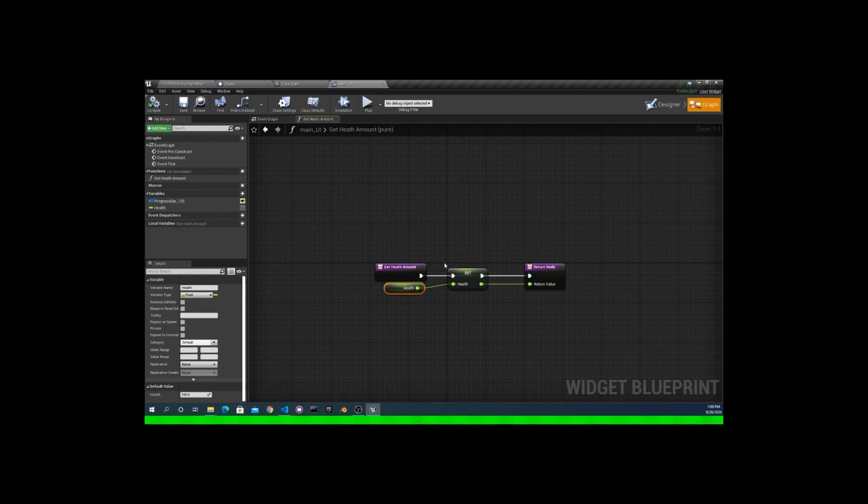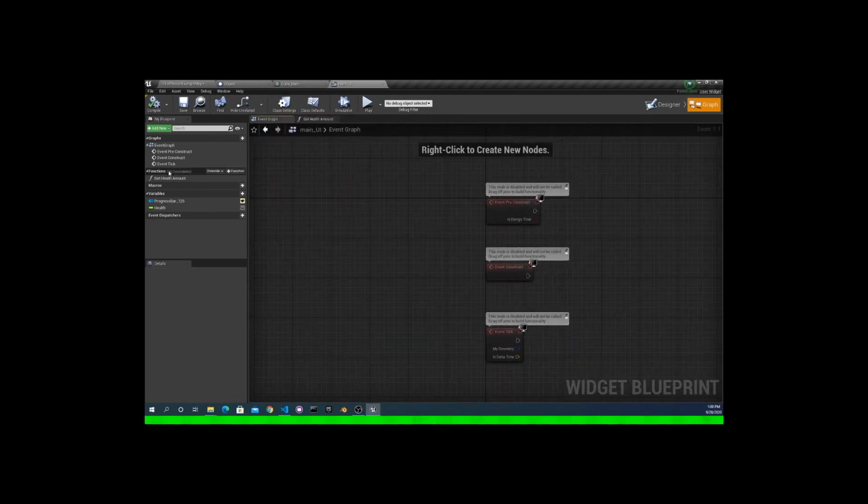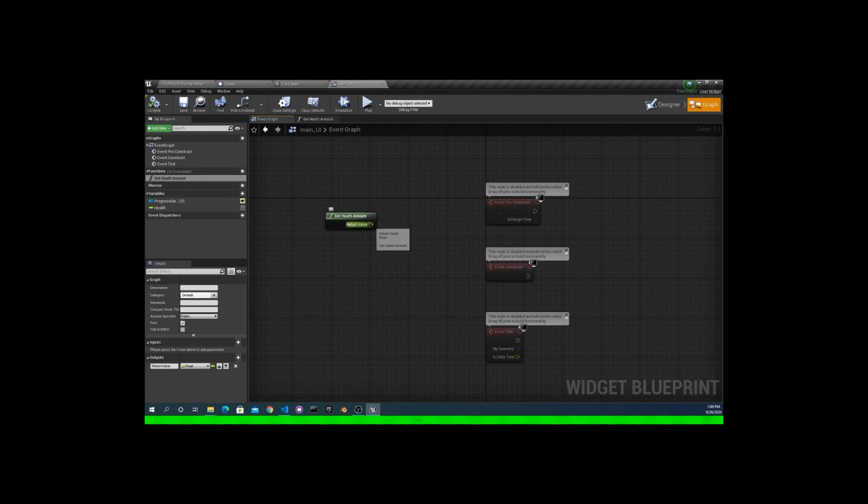You would just set it via this right here with a return node. That way, when you're in your event graph and you get your health amount, you have a return value, so you can plug that in somewhere and say take this much damage